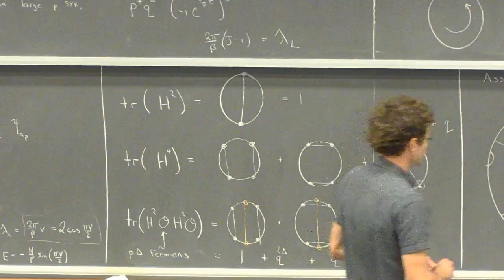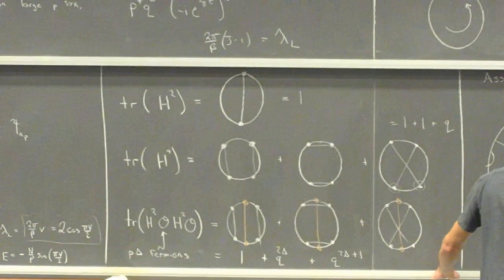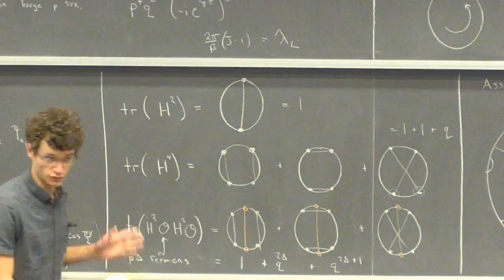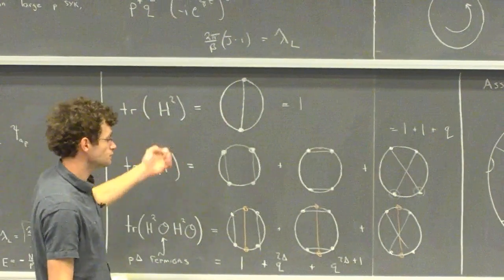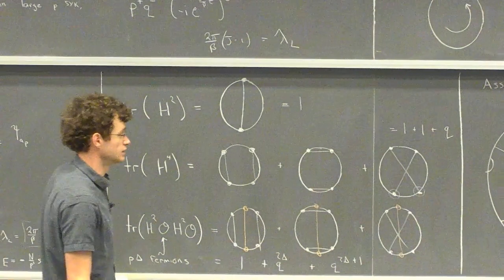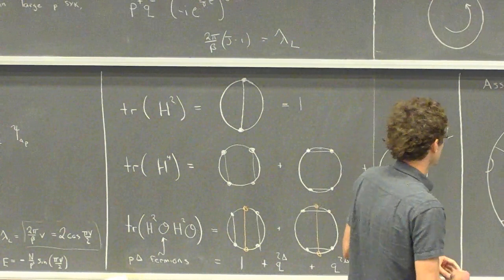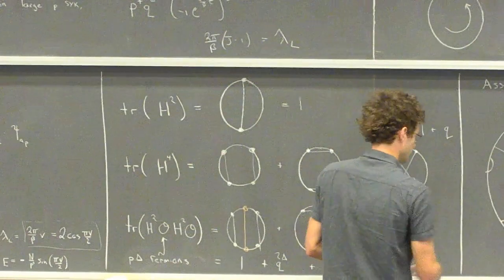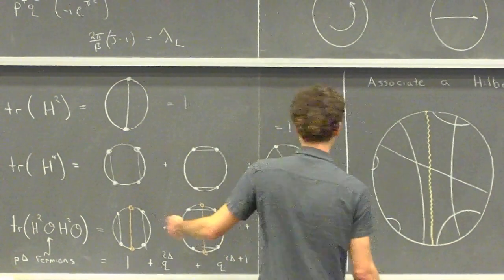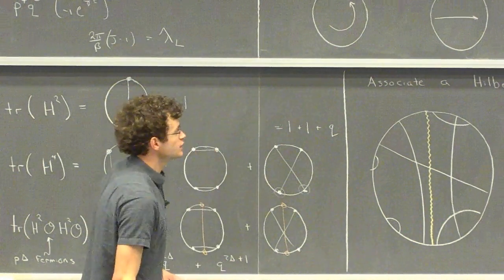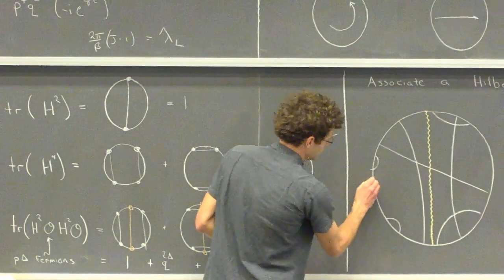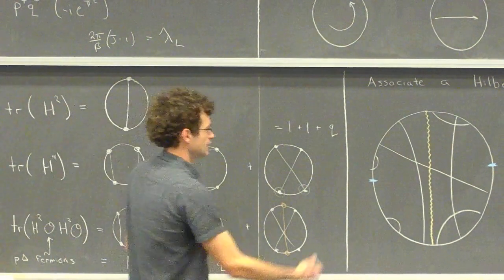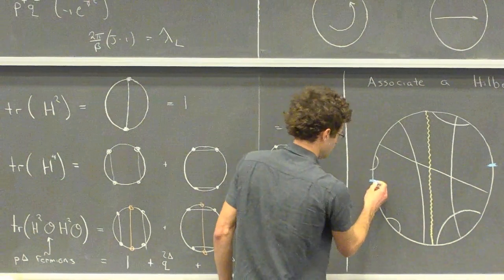Part of the method that they use to solve it is to associate a Hilbert space to the chord diagrams. So that's the key idea in doing this for arbitrarily large numbers of Hamiltonians and operator insertions. So let me explain how that works. So here we have some relatively complicated chord diagram where this yellow thing is an operator, an O line, and the rest are Hamiltonian lines. And to associate a Hilbert space to it, what you imagine doing is picking 2 points on the circle, and then connecting them by a line that cuts through the chord diagram.